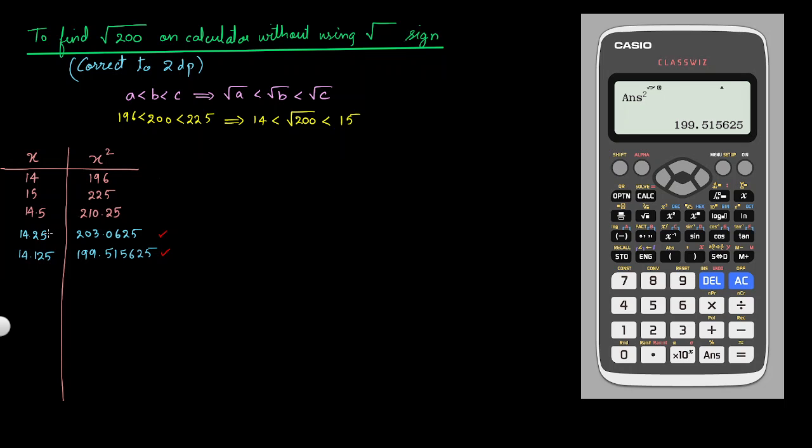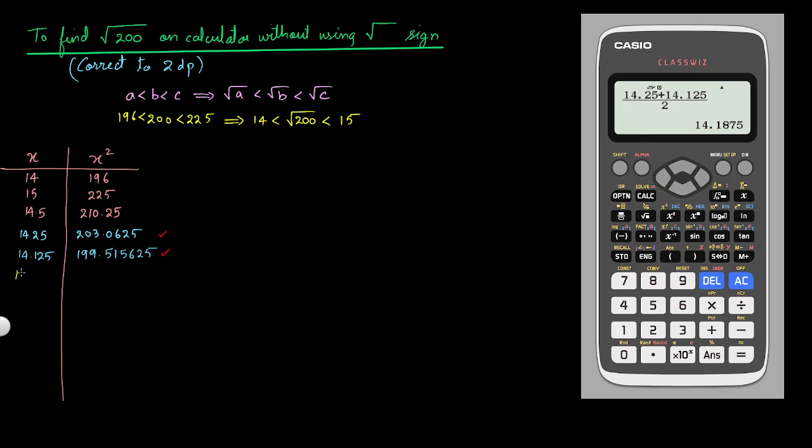So let me take 14.25 plus 14.125. It has to be between these two numbers for sure. So let me take exactly in between them. That gives me 14.187. Now I can round this up to 3 digits also, so I can just take it as 14 point